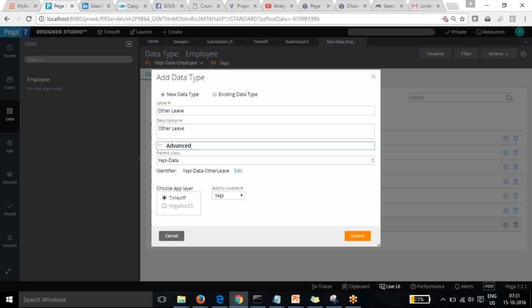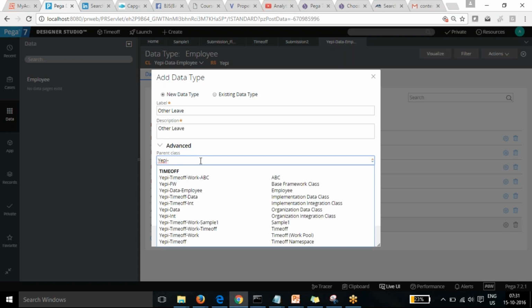This is not required for your role, but later the system architect can change this one, because as I told you at the starting, there are 4 layers. So this is going to be created at the organization level now. But other leave is not required at the organization level; we need to create it at the application level, like implementation level. We should create that. So if you want, we can change from here.